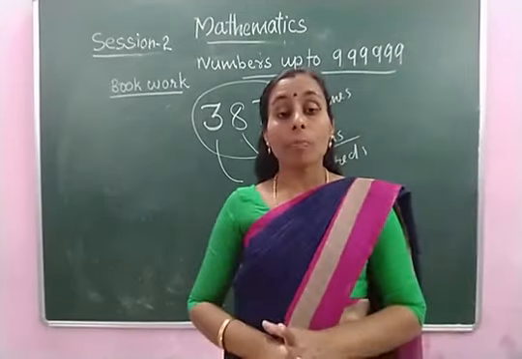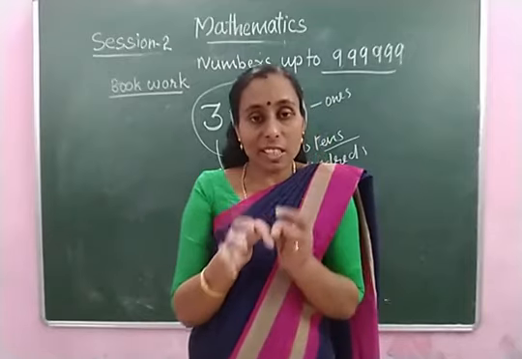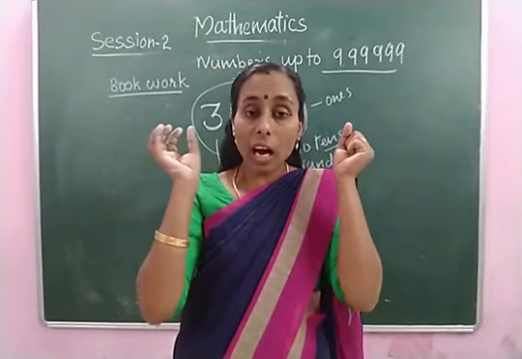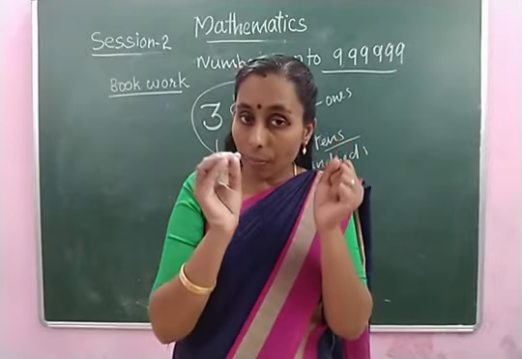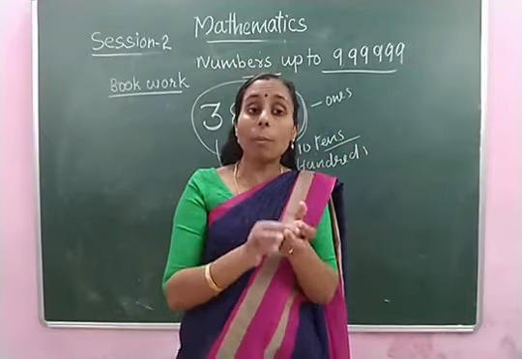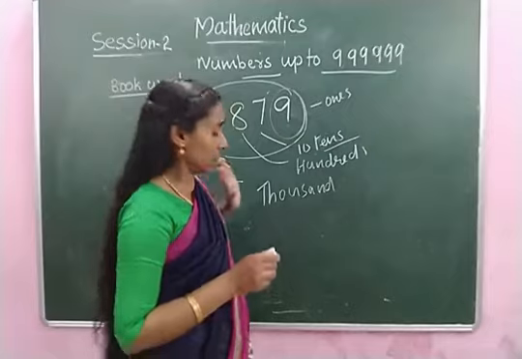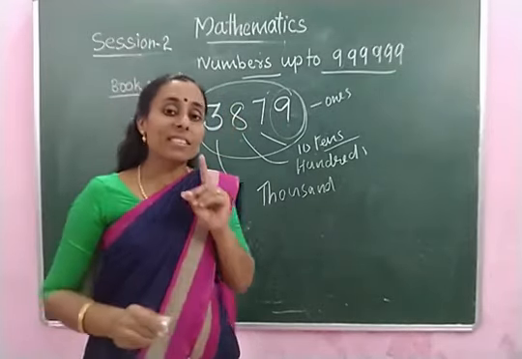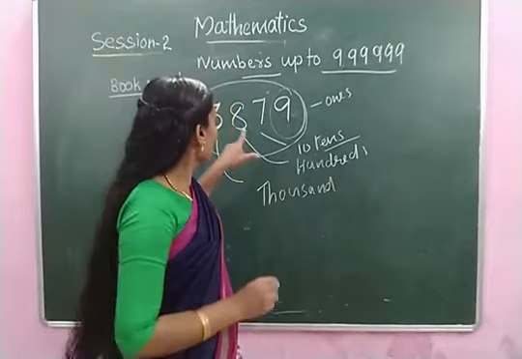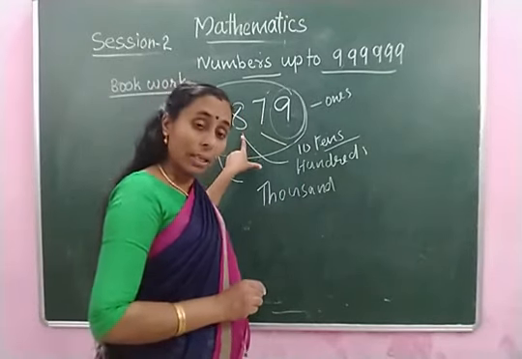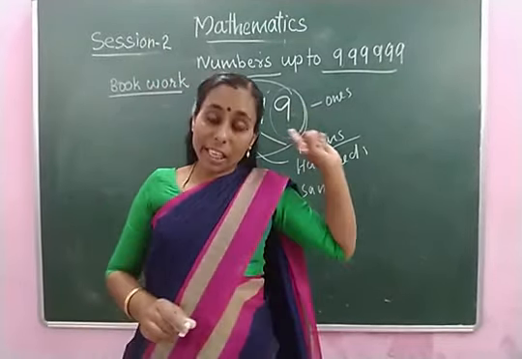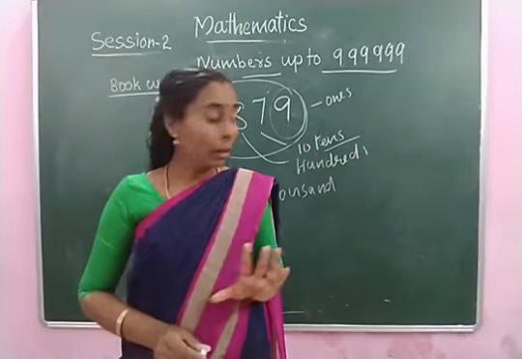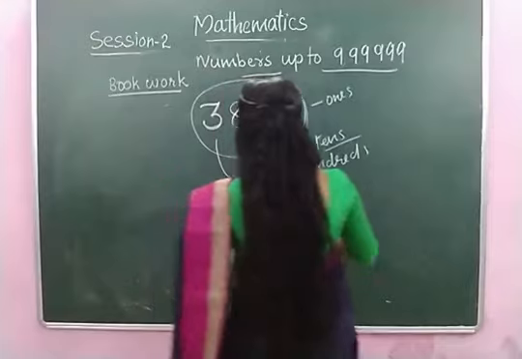Place value. Place means the place where the digits sit, or where we have put the number, where we have given the number to sit. Okay, which place they sit. That is the place of the given number. Here 8 is in hundreds place. So the place of 8 is hundreds.